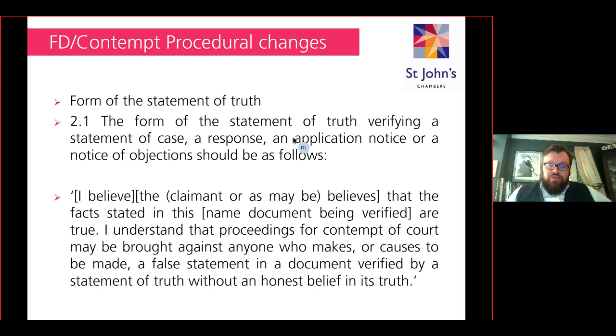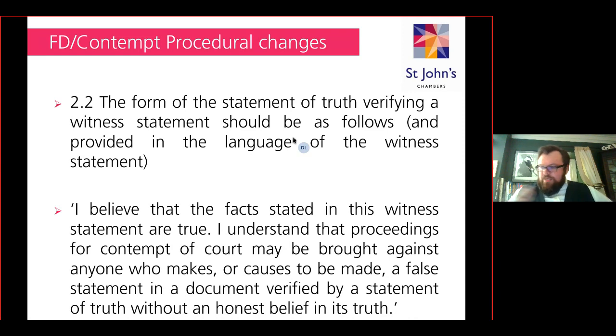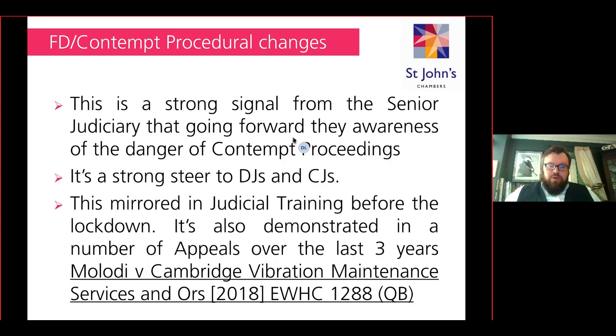There's no variation. You need to copy and paste it into your pre-existing pro forma documents and use that from now on. This idea of a change of culture, or pushing culture for both litigants but also for the district judges and circuit judges, has been something that the senior courts have been emphasising since they've had the chance to grapple